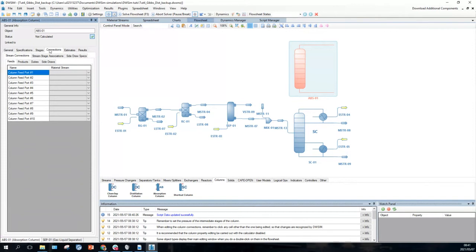Connections. Now have a look here. We've got a tab at the top with connections, and underneath that is stream connections, stream stage associations, side draw steps we're not going to bother about, but under stream connections we've got lots of things: feeds, products, duties, side draws, or these ones are not necessary. Products will be necessary. Now under feeds, no, I'm not going to do that yet, because I want to put water in as one of the feeds. So I am now going to rather go to